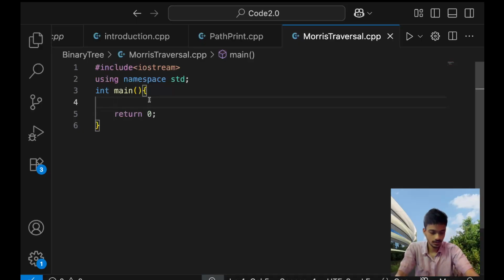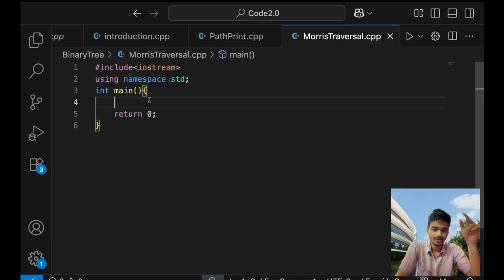It is the iterative way of traversal of in order. First of all, let us try the Morris traversal in order traversal. What it helps is that the space complexity is reduced to big O of 1. For the Morris traversal, one thing you have to understand is that it is a threaded binary tree. Before going to the left, we go to the left's rightmost node and then thread it